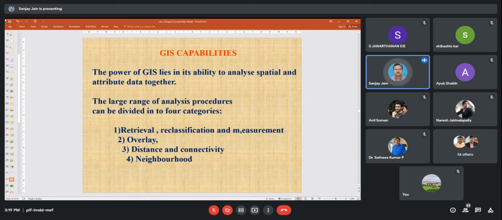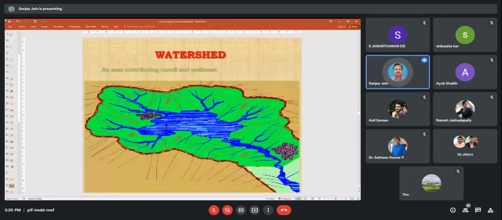If I want to overlay two maps, a simple example is land use, land cover and soil map, and I want to see under forest which soil is covered. So I will overlay these two maps. I can overlay a number of maps, hundreds of maps. So this way I can do a number of GIS capabilities. They are very easy capabilities. We can do in GIS a number of other analyses which are required for different purposes, like in our case, hydrological modeling and other things. So there are a number of capabilities.